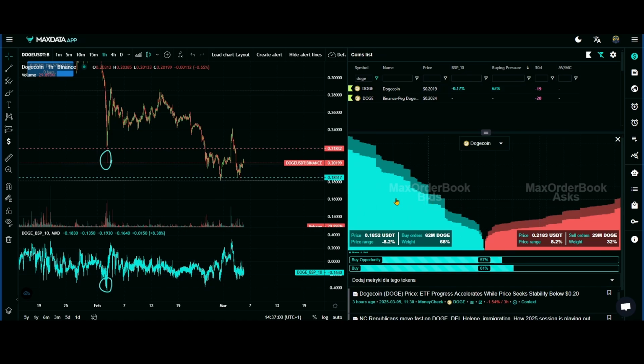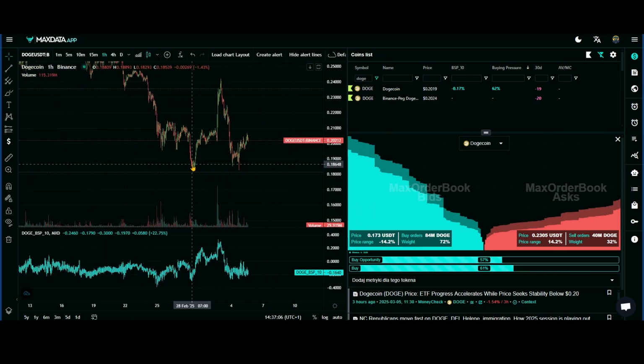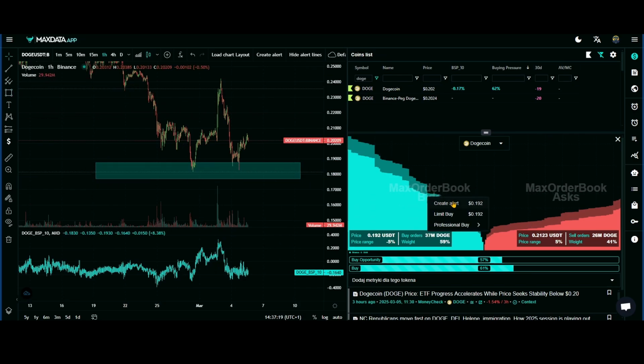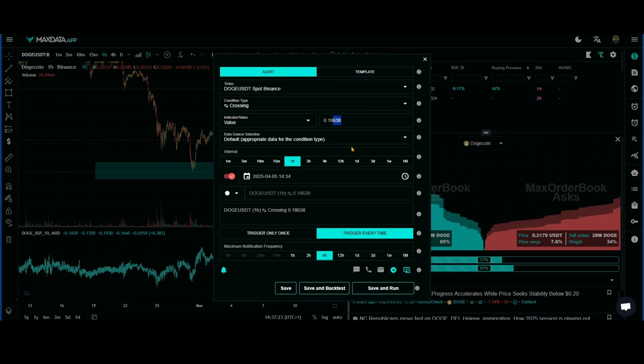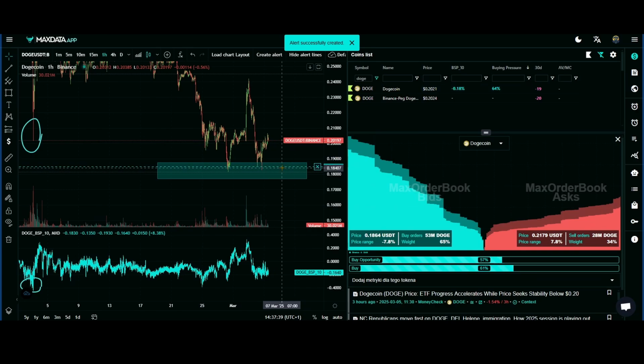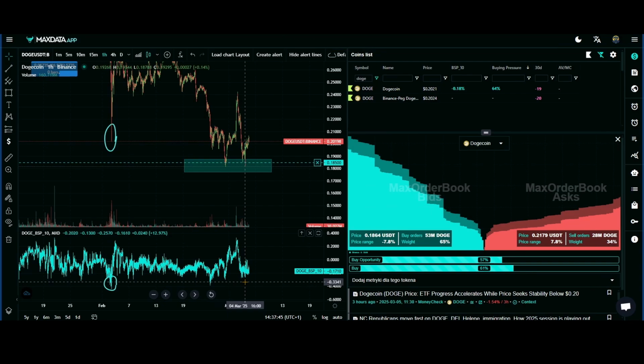So actually, I see Dogecoin went right here and right here, and on these levels it sort of bounced back. So I think that this is maybe a level that we can watch. I can also add an alert for this level. So 18.5 cents. I will do less than and value. And I will trigger it only once, so I will get notified when the price of Dogecoin drops below these levels. And also I will set an alert for